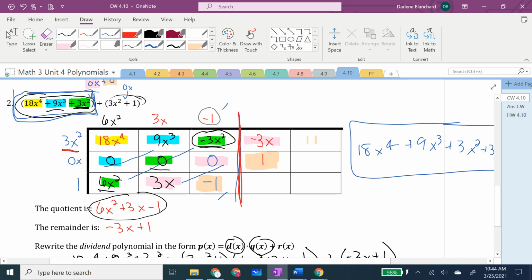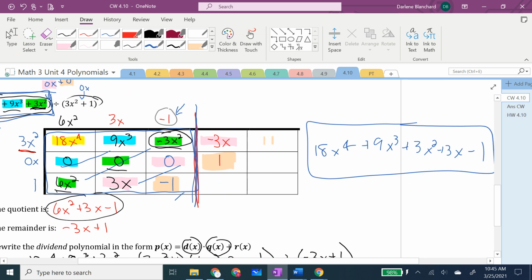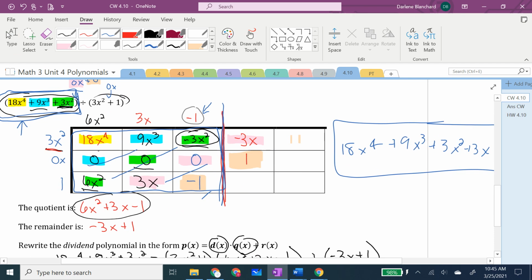So once you write down this constant for your quotient, draw a line, and if the interior of these boxes does not add up to the polynomial being divided, you have a remainder. To find that remainder, you have to look at what is excess. And so when we compare, we were making,